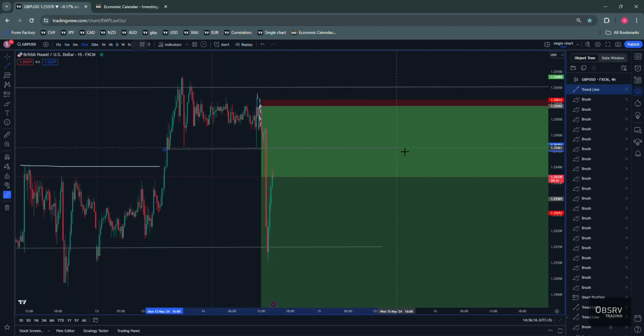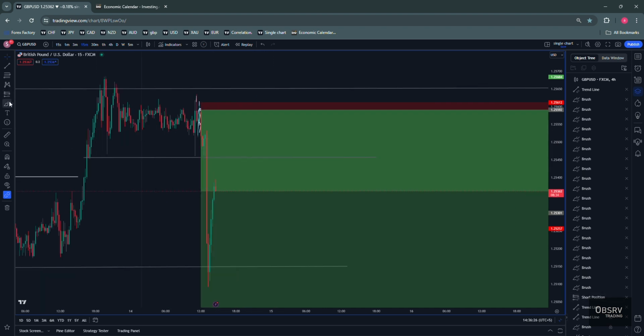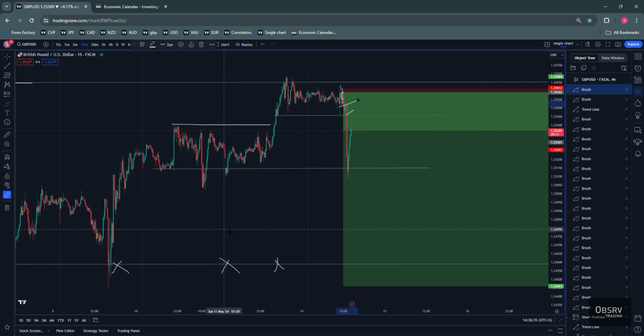Took out 50% of my profits in here. This is where I took out 50% of my profits. It's about 6R, 7R, and then sat through a little bit of a mess that started to happen during London Open, and about 15 to 30 minutes after that, and then it just shot down. It just shot down. This line has been here since Sunday, and I took about 80% of what was left running out after I took 50% here. I took about 80% of what was left running here.